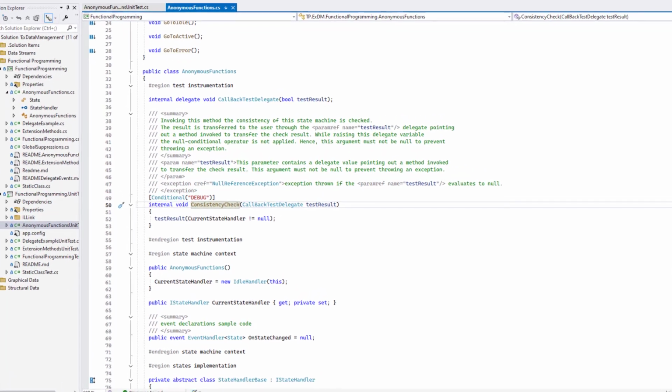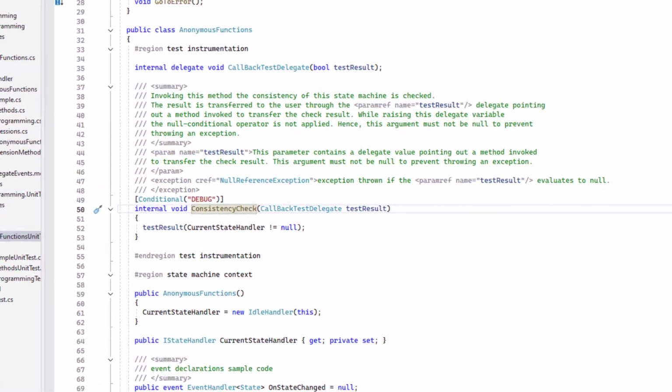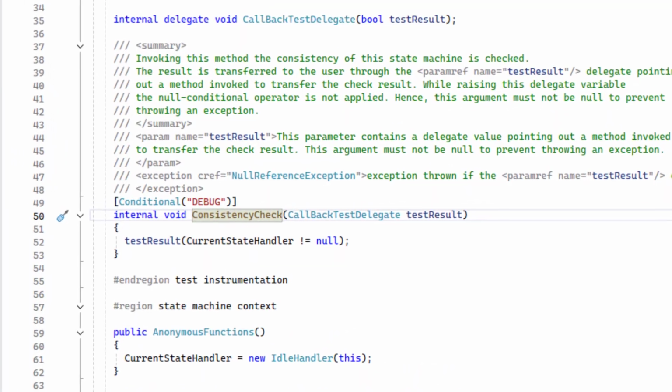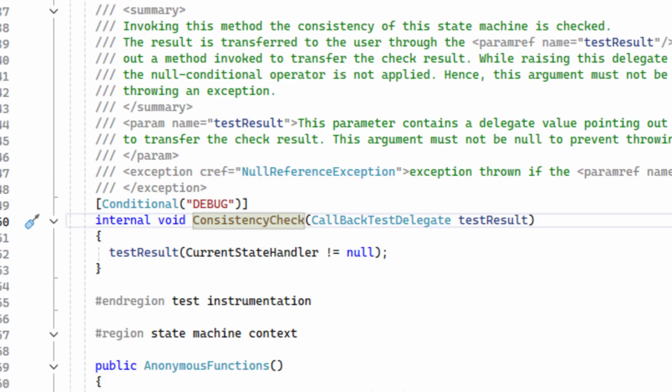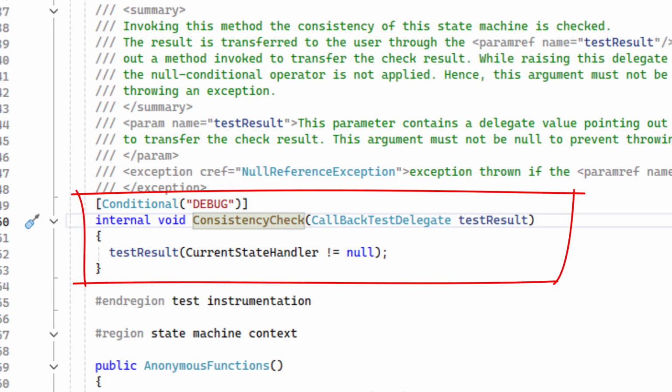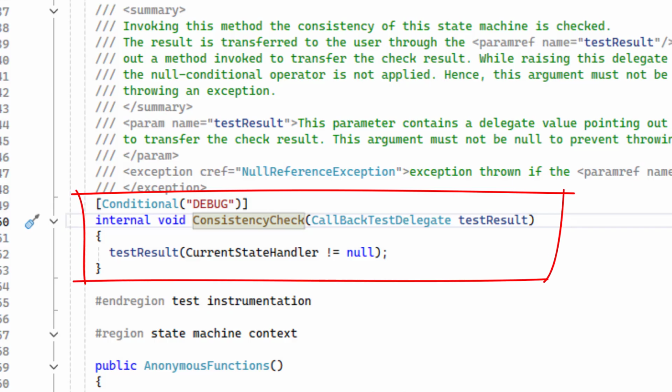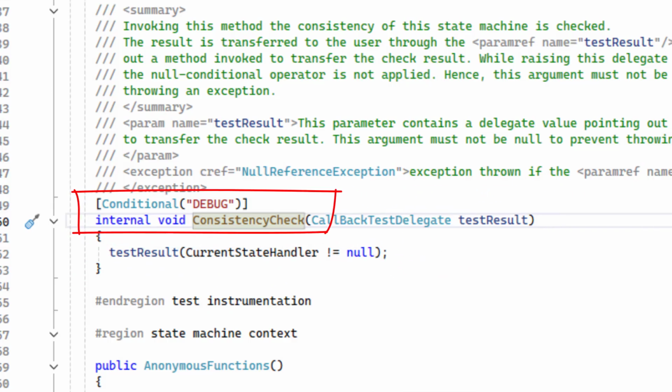It is declared within the anonymous functions class. It is preceded by the conditional attribute, because the conditional check method is defined for testing purposes only, and the method should be removed from the code if the testing is not the main goal, for example, in the case of the production code. This attribute indicates to compilers that the method call should be ignored unless a specified conditional